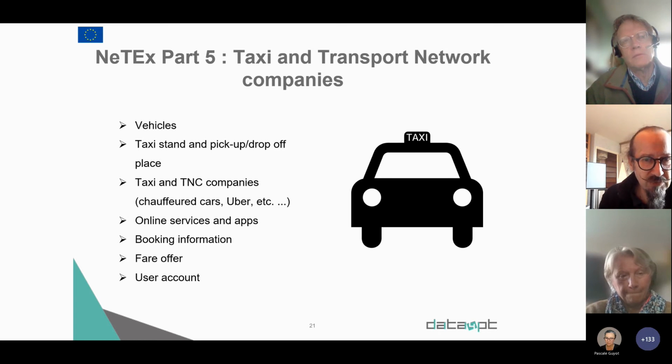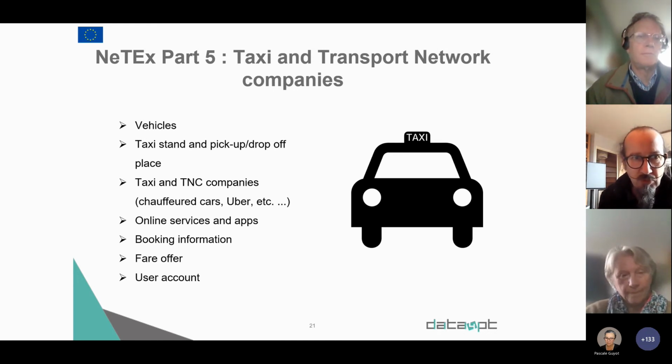When there is an online service or an application, it will be described as previously. The booking information, of course, is described: where to go to book, the phone number, the app, the website, or whatever, and the conditions, the fare offer, and user account. So as you can see, we already have here a few common functional points, even between taxis and shared